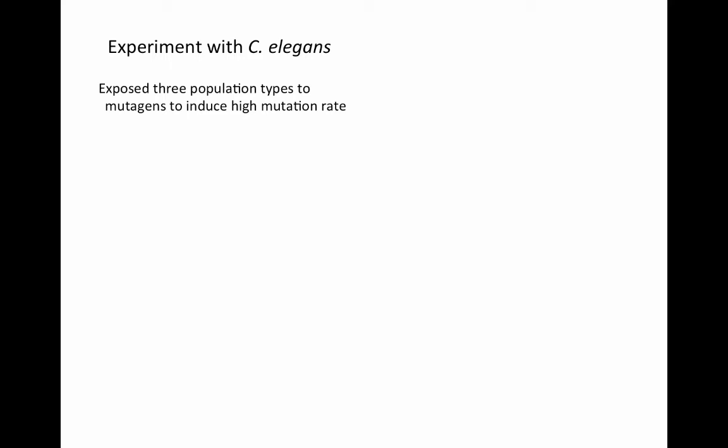So now let's take a look at our experimental species, C. elegans, and see how we can illustrate this concept. The researchers in this experiment exposed three population types to mutagens to induce a high mutation rate. So we're going to be generating these slightly deleterious alleles at a very high rate to be able to observe